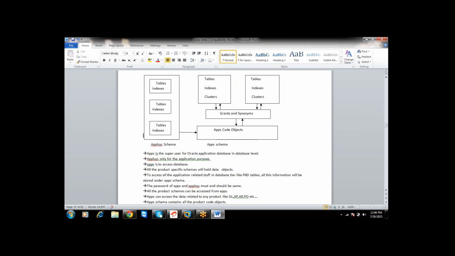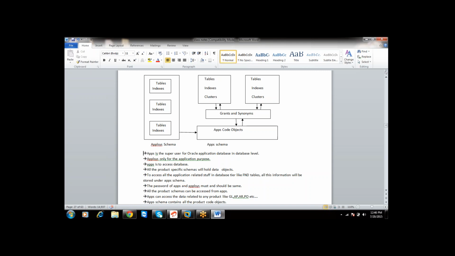Santosh, one more question. It is good that you have a common user which has access to all the non-ATG related tables, but we can as well give grants on ATG tables to the apps schema. But what is the main use? Why are we giving it to him? What is the use apart from accessing?